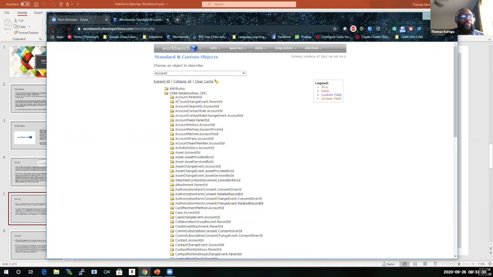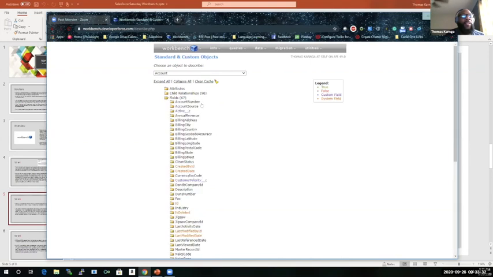As you can see, it has the dot notation, Account dot ParentId, and so on and so forth, Case dot AccountId, basically saying that there is a relationship between the Case and the Account,